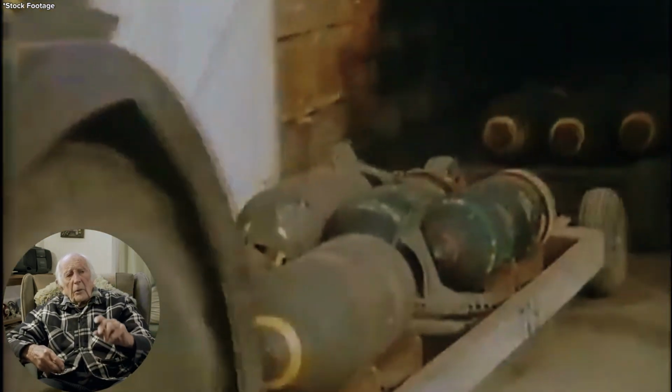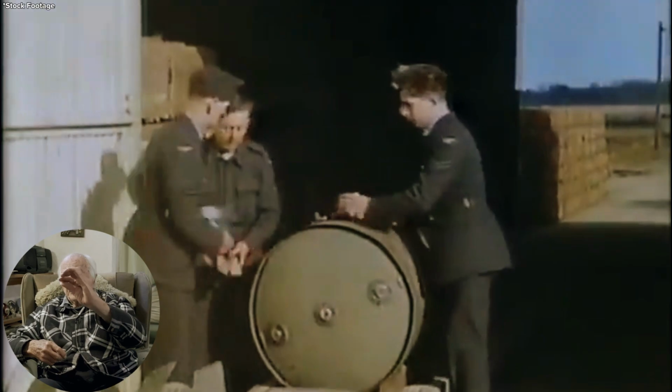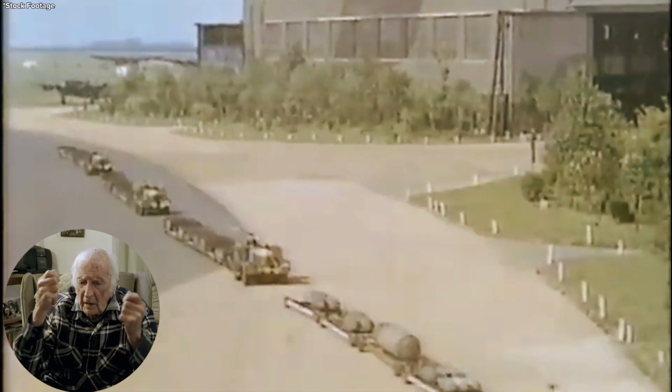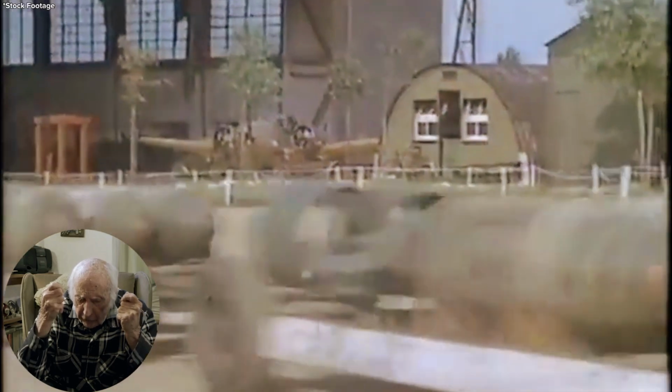And it wasn't long before some of us were hit. Our number 3 was hit, and he went down. He hit number 4, and those were the only 2 aircraft that were lost in that raid. There was 2. The rear gunner, when he was in flak area, kept his head down below his guns for